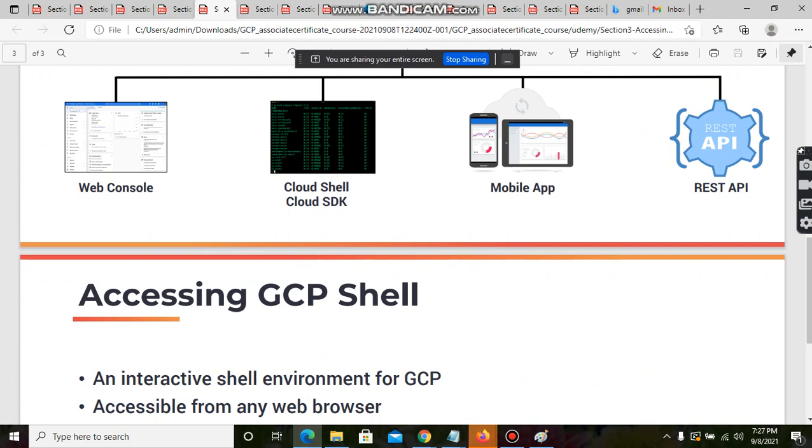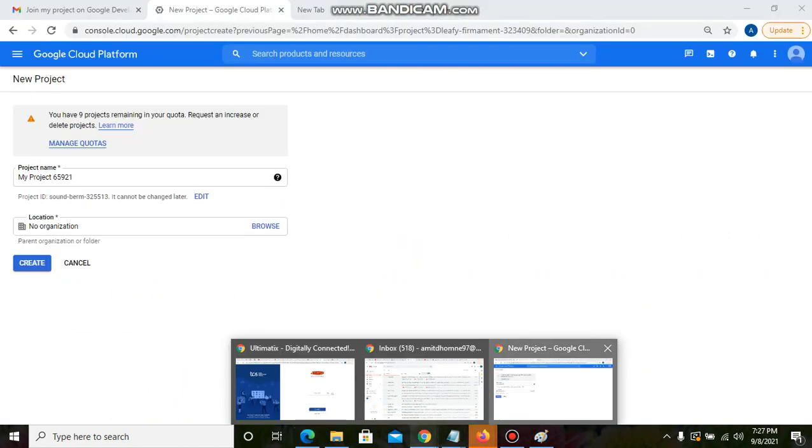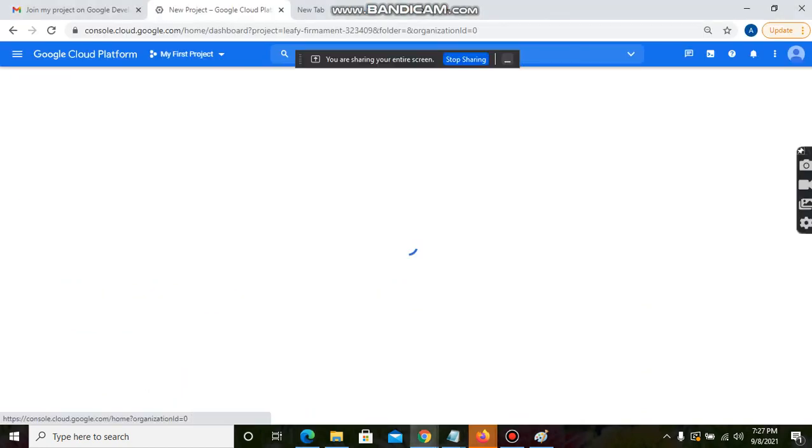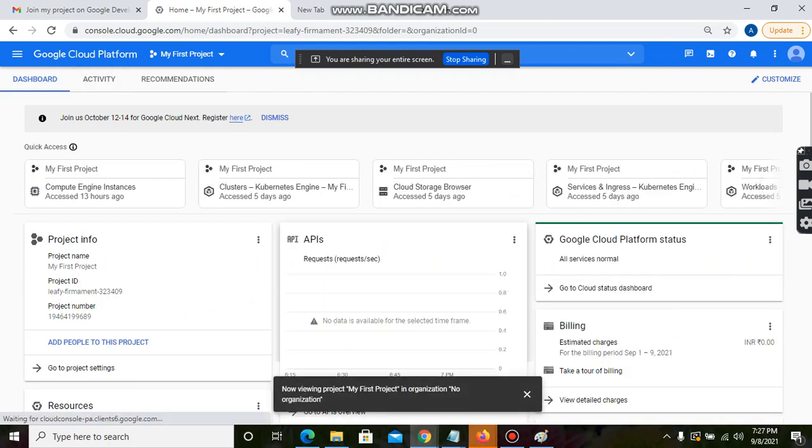So I have shown you how you can connect with the Google Cloud, right? You can connect with the Google Cloud with the web console. Web console means what I'm showing you right now. This is called a web console. Similarly, you can connect to the Google Cloud